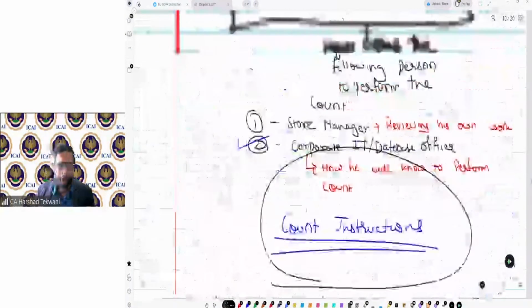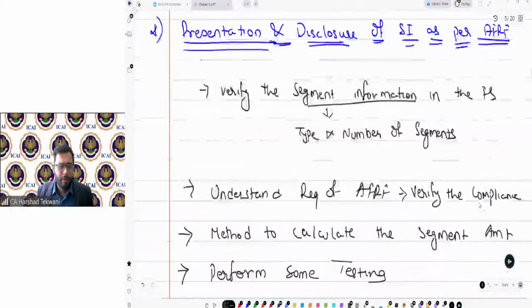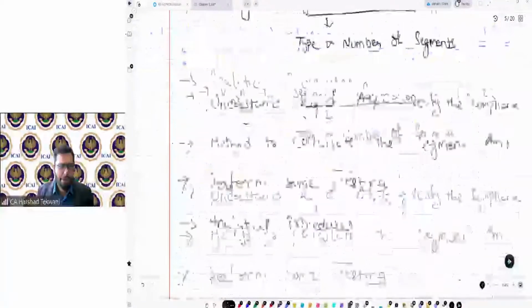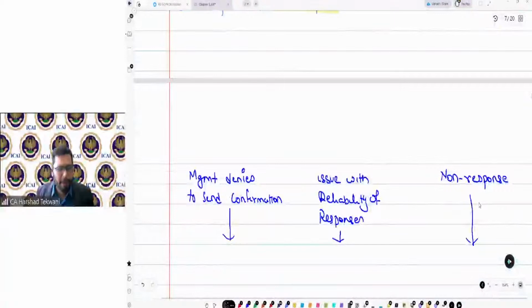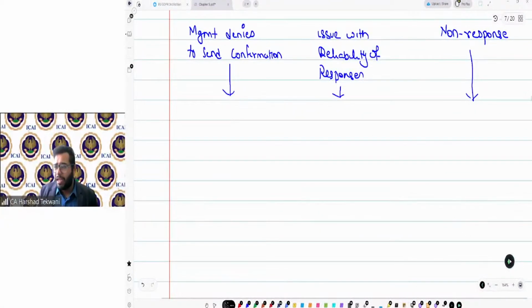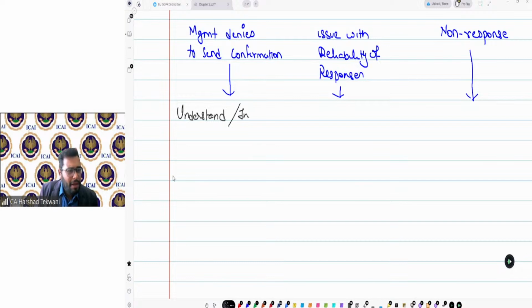So I'll go back to the point where we were. Here, management denies sending the confirmation. So what I understood is, first, understand and inquire the reason for not allowing.